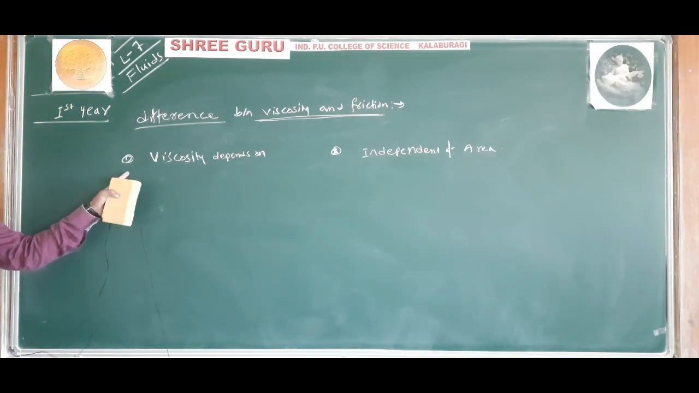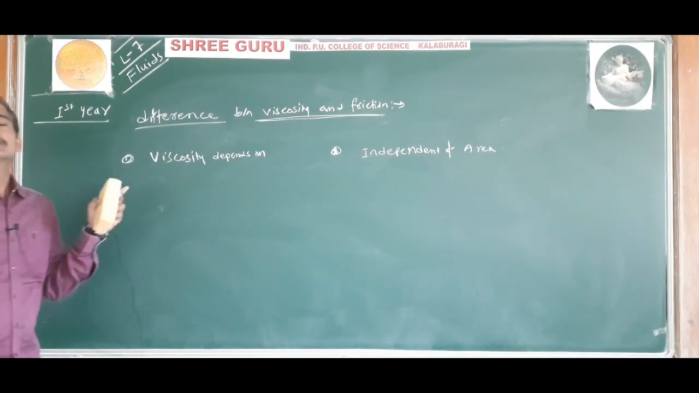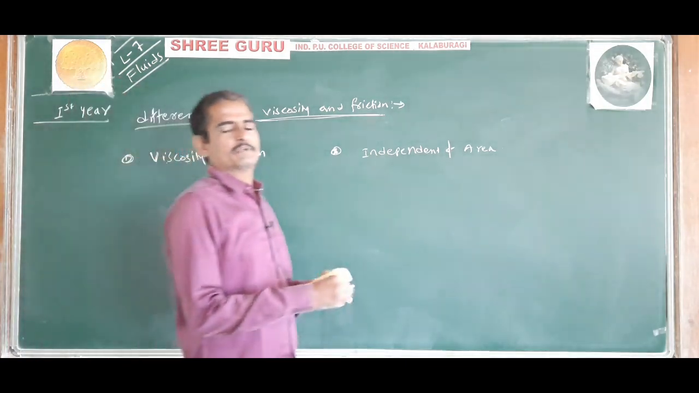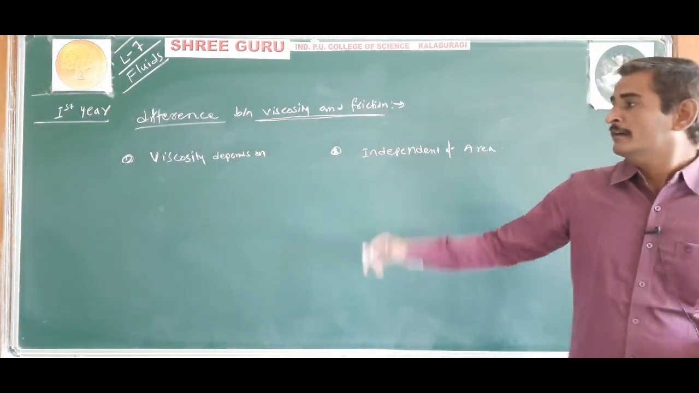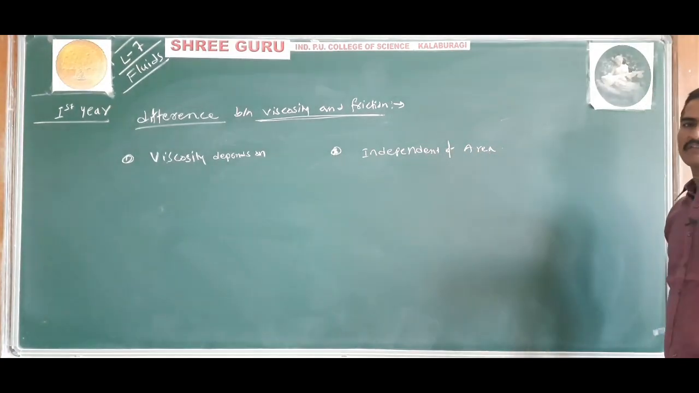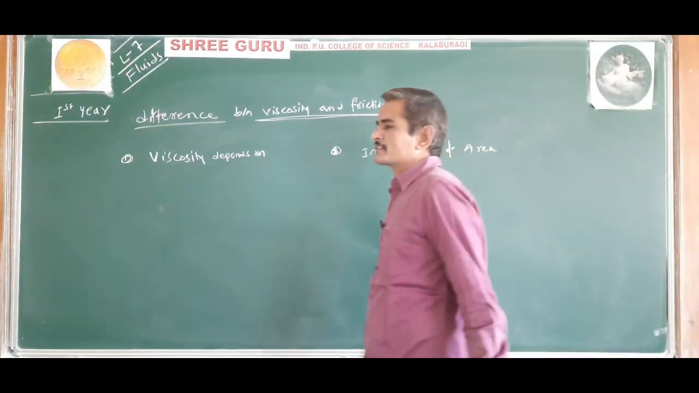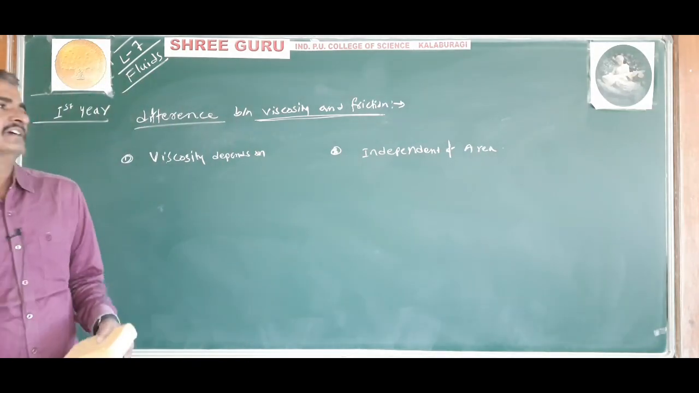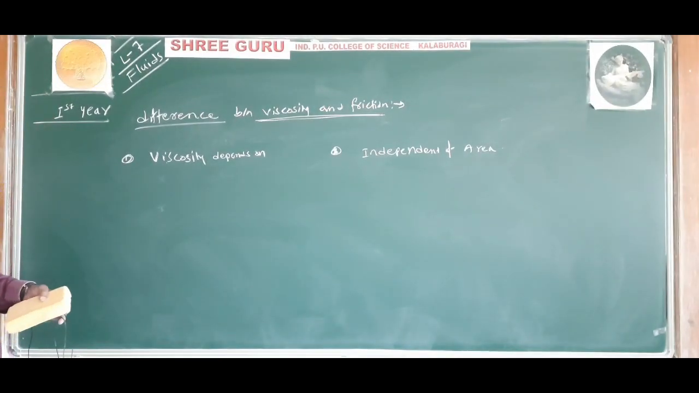So once again I will repeat: the viscosity of two liquid layers depends on the area of the layers, whereas friction between two solid surfaces is independent of the area. Next point,